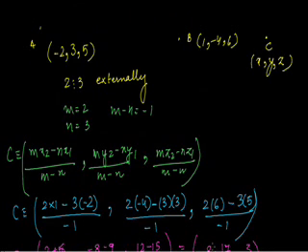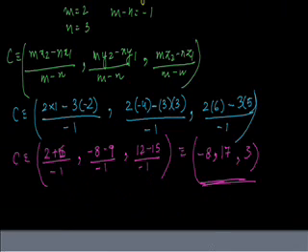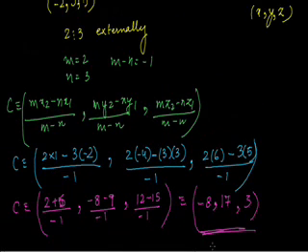Whereas when the point C divides the line segment joining A, B in the ratio 2:3 externally, the coordinates of point C we got are C equals minus 8 comma 17 comma 3, where minus 8 is the x coordinate, 17 is the y coordinate, and 3 is the z coordinate. Now we will do some more examples.